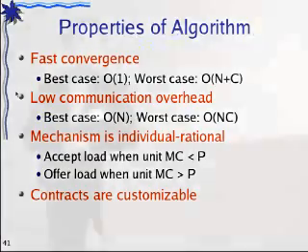So there are several properties that our scheme has. First, we can have a fast convergence. As you can see, because we always compare the unit marginal cost to this fixed price, in the best case, we can move all the excess load within one load movement. We also have a low communication overhead because a node can only talk to one of its partners at a time. We don't need to broadcast and have auctions across all the partners.